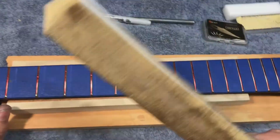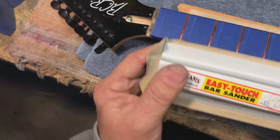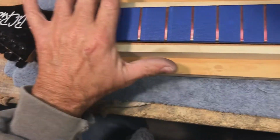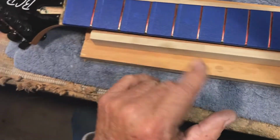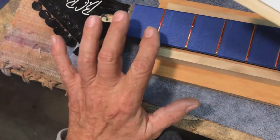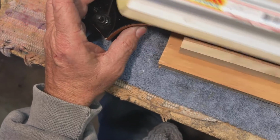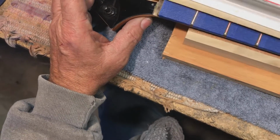and what we're going to do is start off with this, and then we're going to get more and more sophisticated as we go along. This is kind of a rough thing. A lot of guys actually have a radiused block that they can use to do this. I don't, so you just do your best to keep a constant radius,